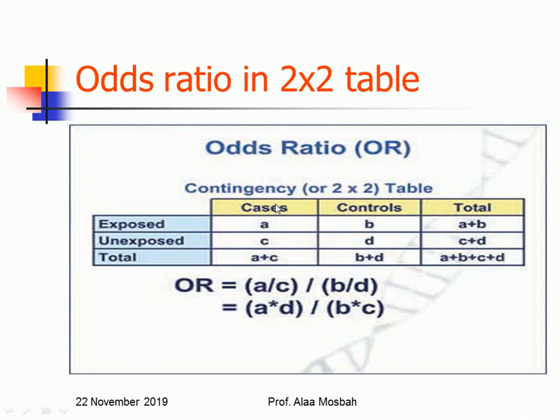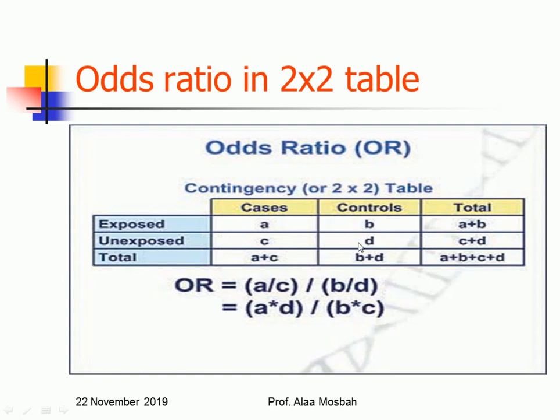Eighty of the cases were exposed to diabetes, so I write 80 here, and the 20 not exposed. While in control, 30 were exposed to diabetes, while 70 not exposed. Then I know the odds ratio by multiplying A by D,